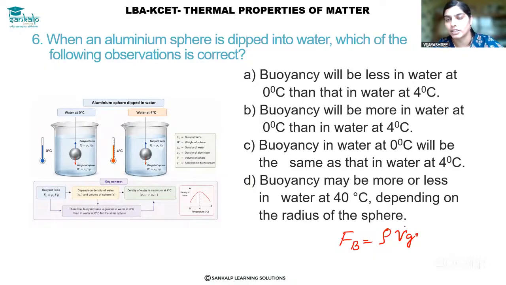As we already know, because of the anomalous property of water, the maximum density of water can be observed at 4 degrees Celsius. When you heat the water from 0 to 4 degrees Celsius, the cage-like structure of the ice collapses. During that time, water contracts, so volume decreases, meaning density is more at 4 degrees Celsius. So water has the maximum density at 4 degrees Celsius, right? Hence